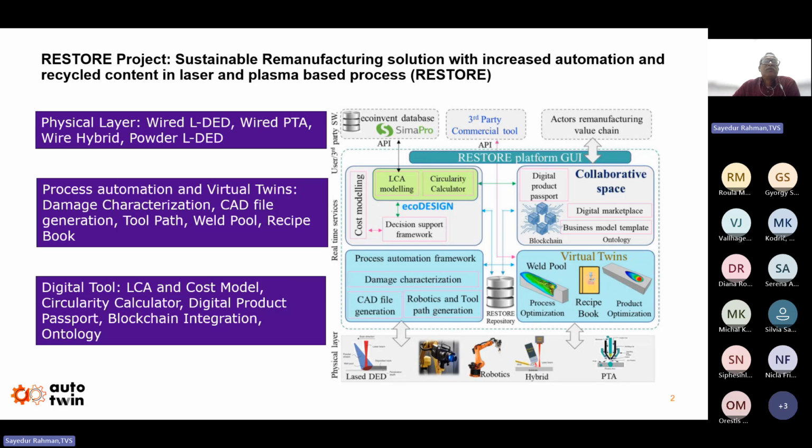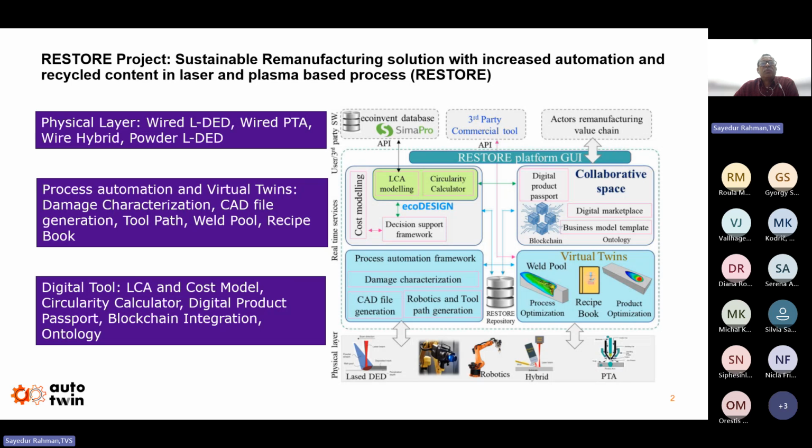From all these different variables, we will prepare a rich recipe book from where we can get the available data, and which can be fetched to different DPP and other LCA models, and apply the product optimization for performance and material efficiency.